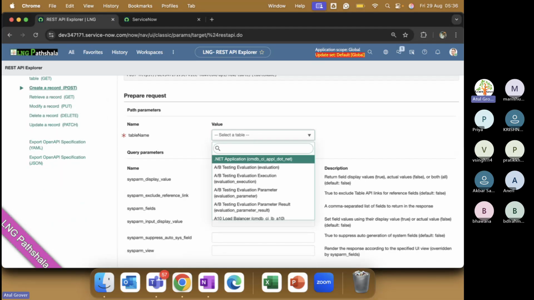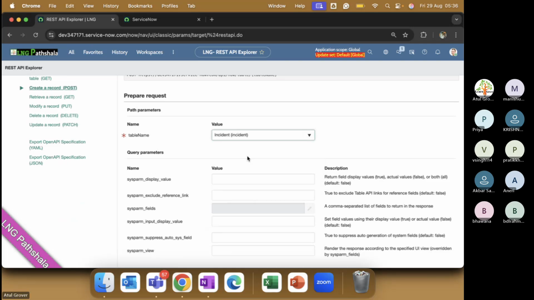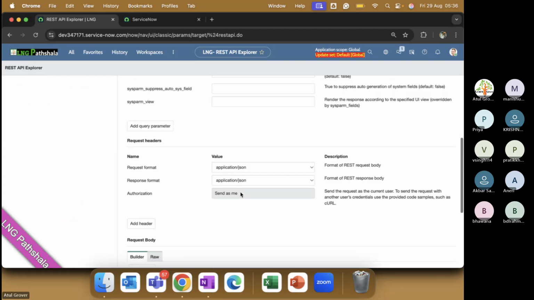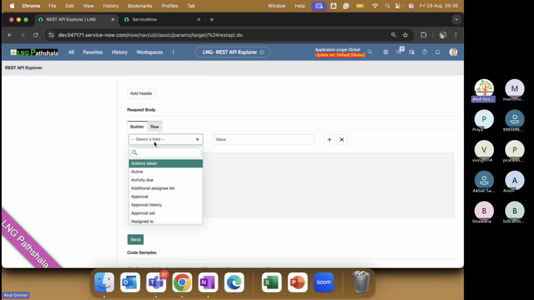Which table's API do I have to create? I have to create the incident table's API. Okay. Same thing, let's pass a value once. Now look, here you won't get the short description that we had. Why? Because here you are sending the data from ServiceNow, you are not expecting the data in ServiceNow. When you want to bring something in, you use the inbound, import map, import set, transfer map, everything. But when you want to send the data, it's all fine. So I'll put in this thing: short description,